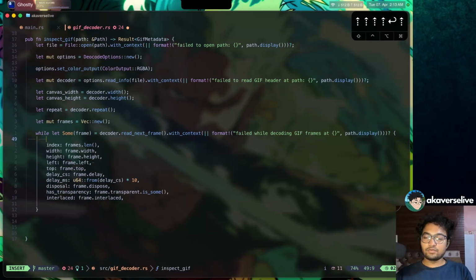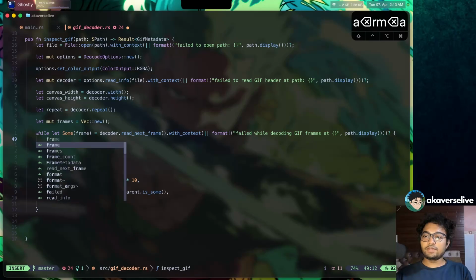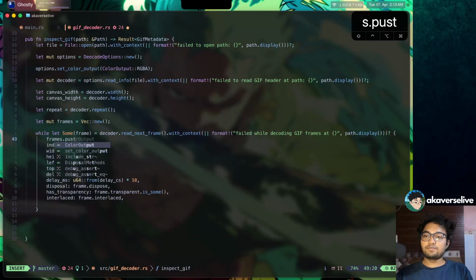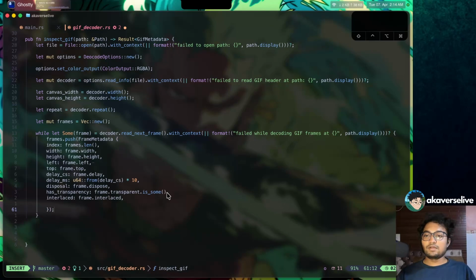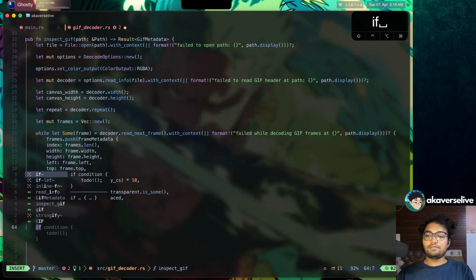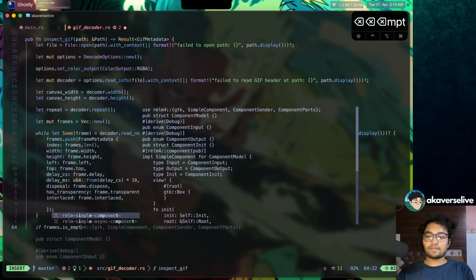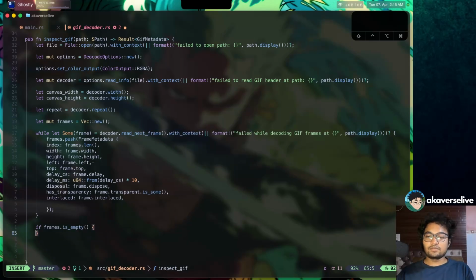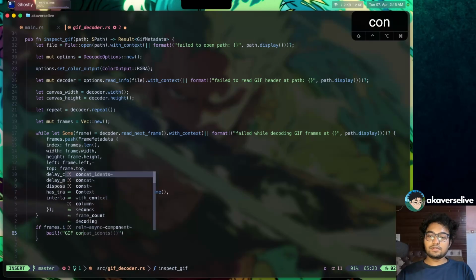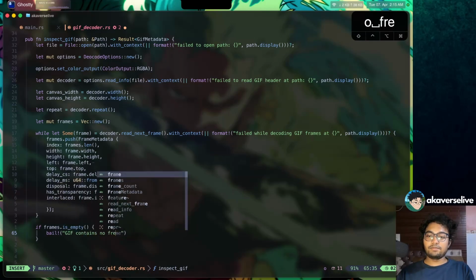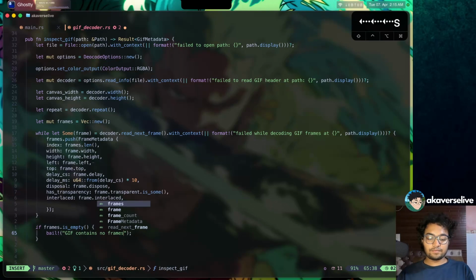Let's push it. Where do we need to push it? We are pushing it into the frames. Frames dot push, closing the bracket. Now the frame metadata is pushed. If frames dot is empty, like even after pushing, there is no data in it, then we will bail an error. Bail, GIF contains no frames,